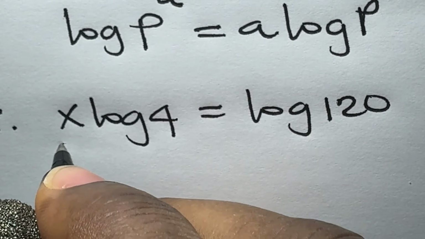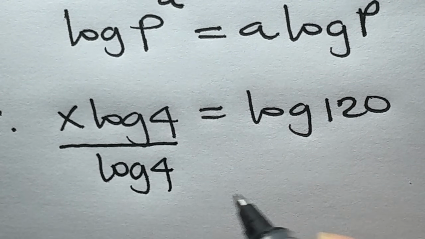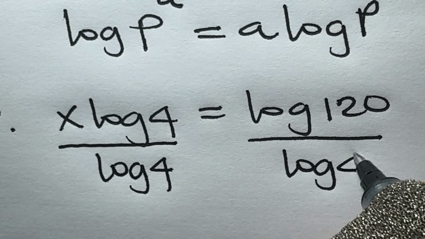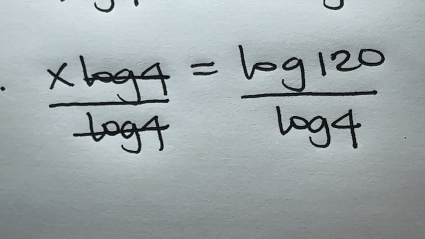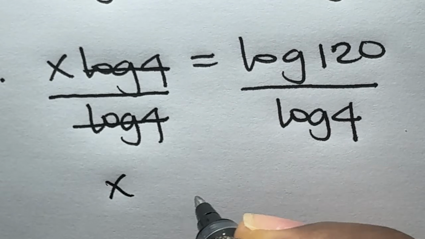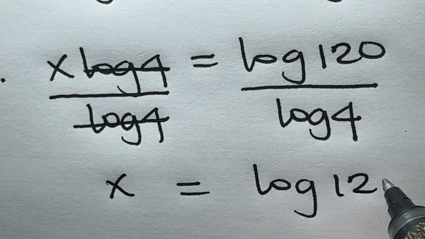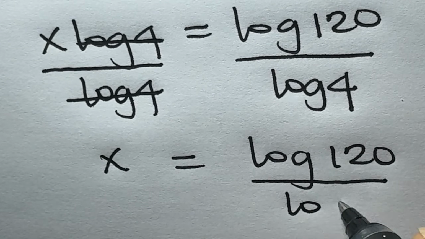I'm going to divide both sides by log 4. So that log 4 cancels log 4. And then I have x is equal to log 120